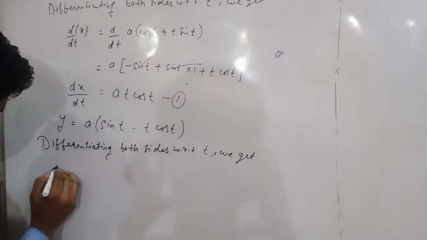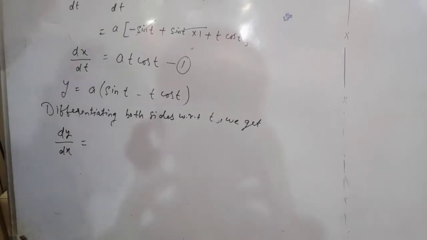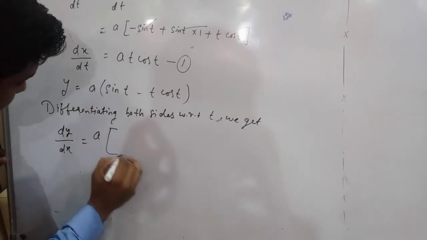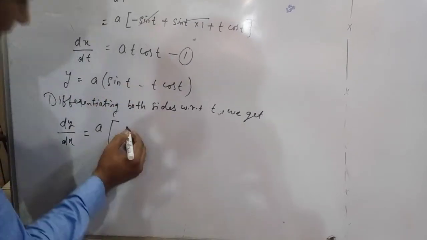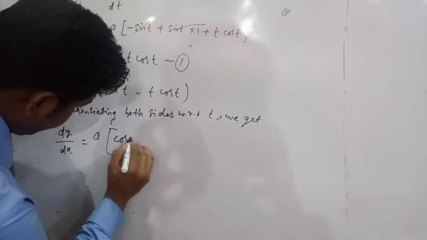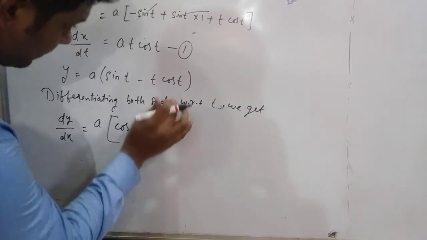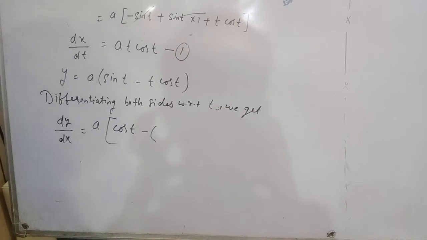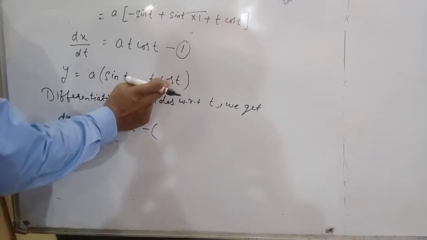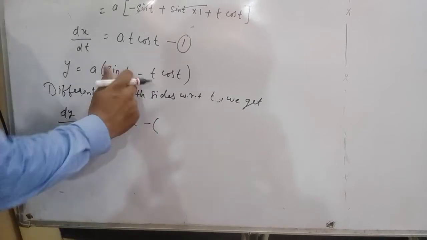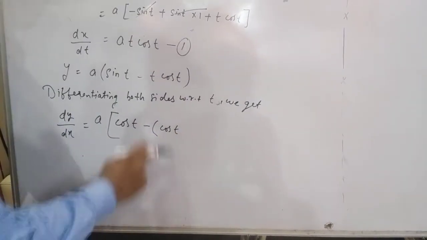So this would be dy by dt, that is equals to a will remain outside. Then you have to open the bracket. The derivative of this sin t would be cos t minus, here in this part you have to apply product rule. Fine, because there are two functions which are multiplying. So in this, the second function, that is cos t, will remain the same, and we have to find out